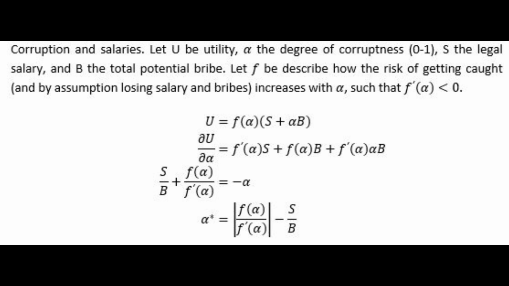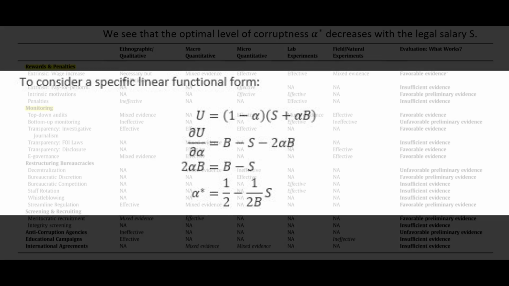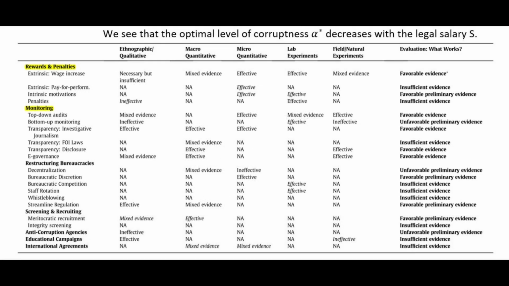So in terms of why higher salaries are helpful, the basic idea is that if you assume that the degree of corruptness, so the more often you ask for bribes or the larger the bribes you ask for, increases your chances of being caught, then what happens is that as the official salary increases, the cost of being caught, which is obviously the loss of that salary, also goes up. And therefore, increasing the salary increases the cost of being caught, whereas increasing the salary doesn't increase the benefit from exacting bribes, which presumably isn't really dependent on your salary.